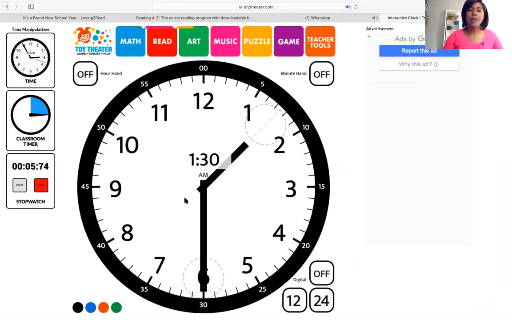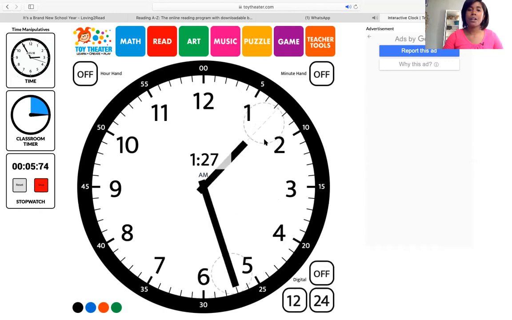And we have here on this one two hands. We have the hour hand, which is smaller, and we have the minute hand, which is bigger. So now let's learn some things about telling the time. The hour hand, which is the smaller one,